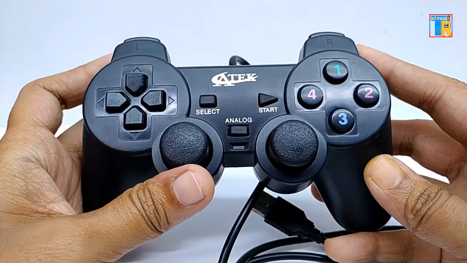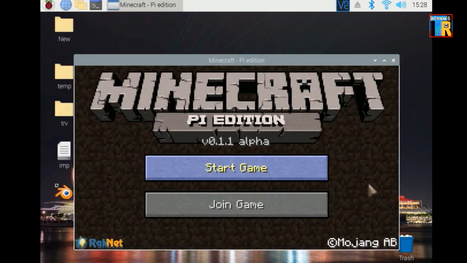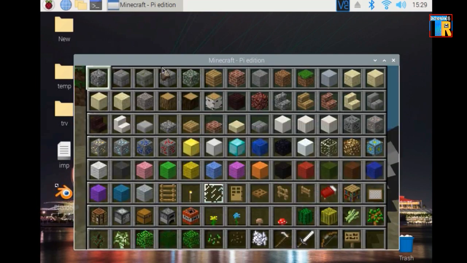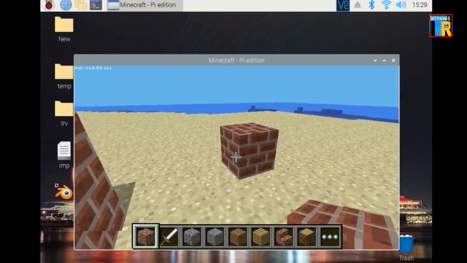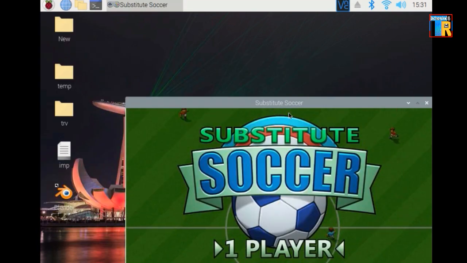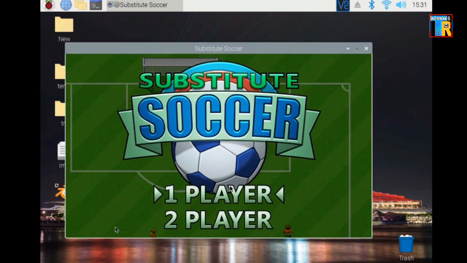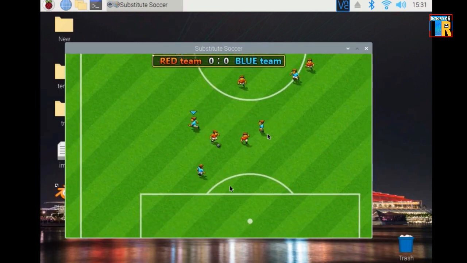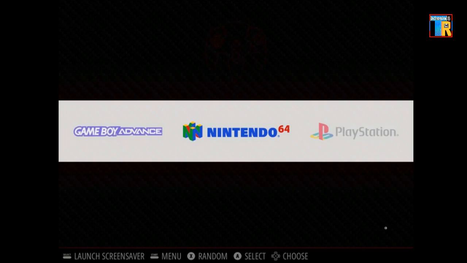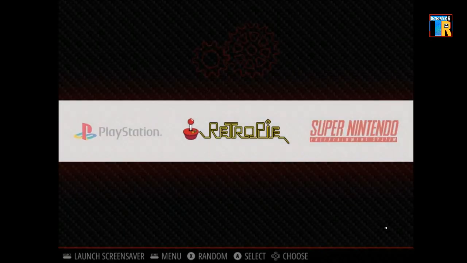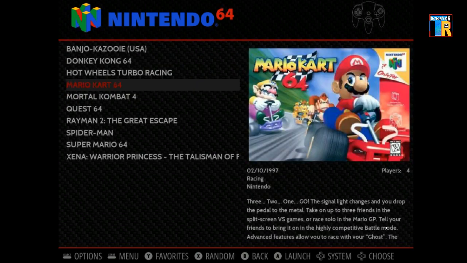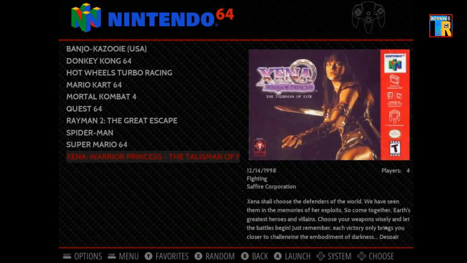For gaming on this Raspberry Pi, here are some inbuilt games. You can use RetroPie, which can run many types of retro games like NES, SNES, PSX, GBA, PC Engine, PSP and many more games, but don't expect to play very high graphics latest games.